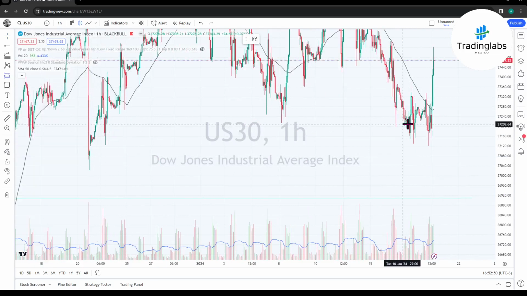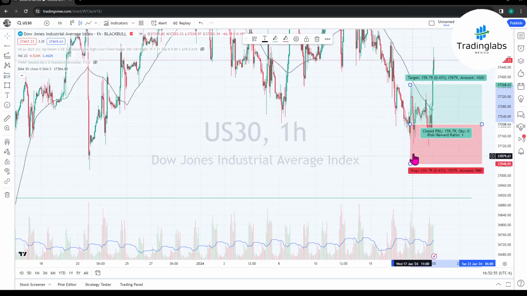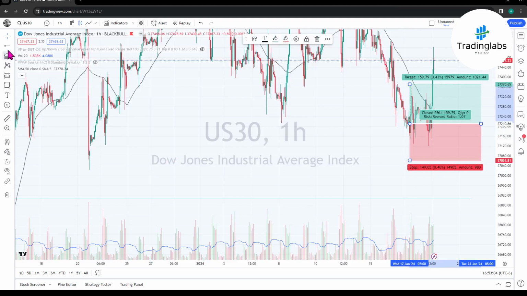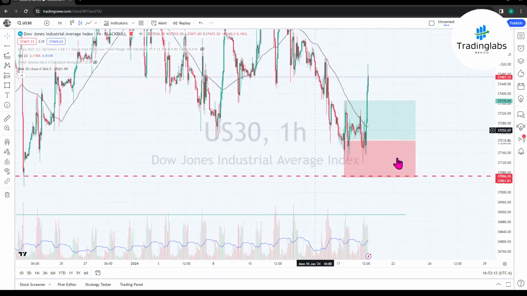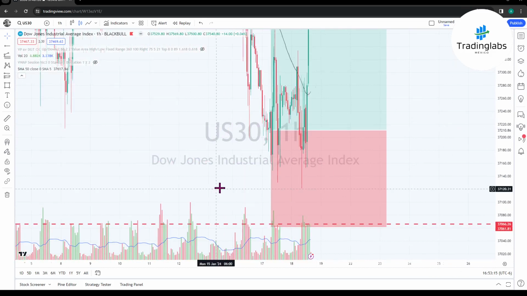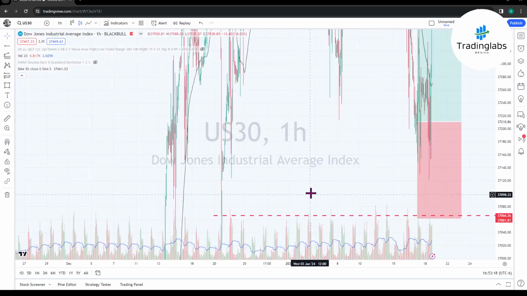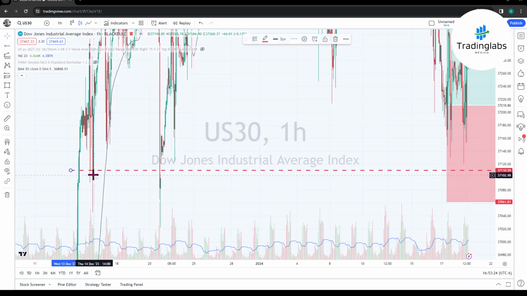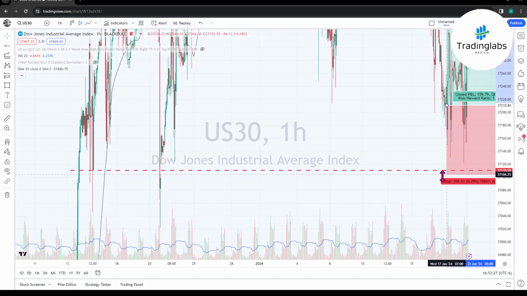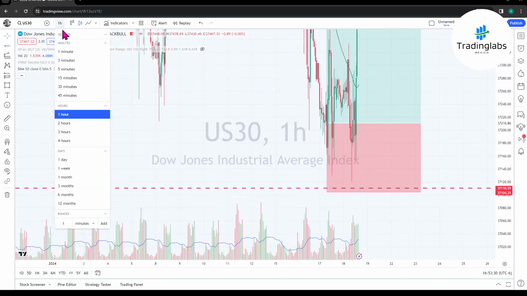So for example, I took this long. This is one H1, right? I took this long around over here. My stop loss, I think it was below this swing low, right? But no, I think it's less. My full position was below this one, but in M1,